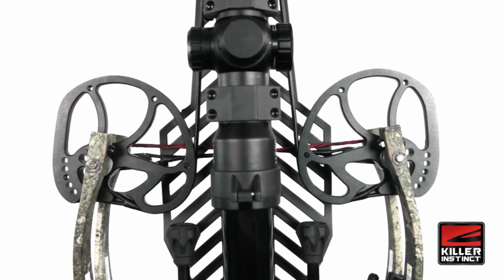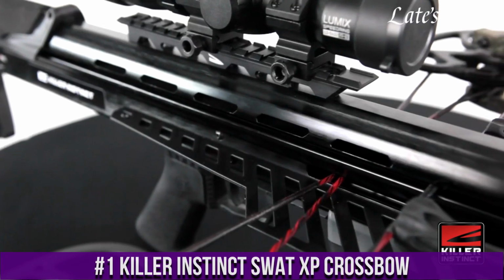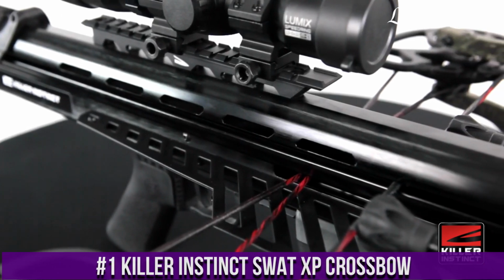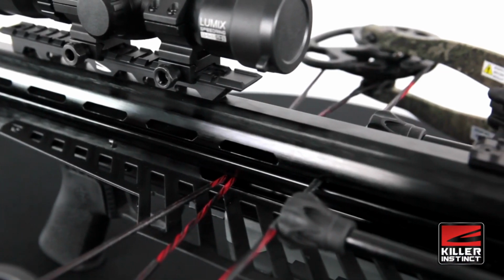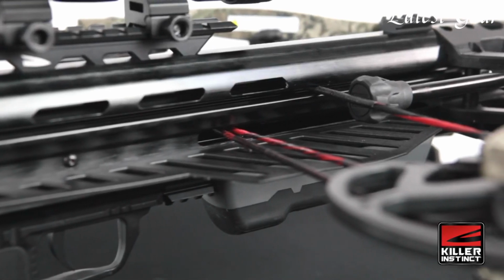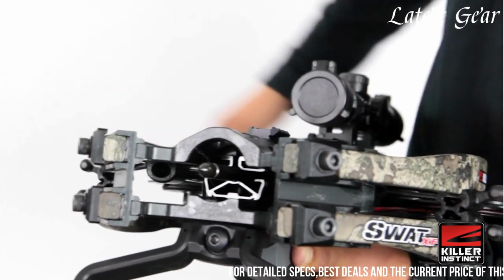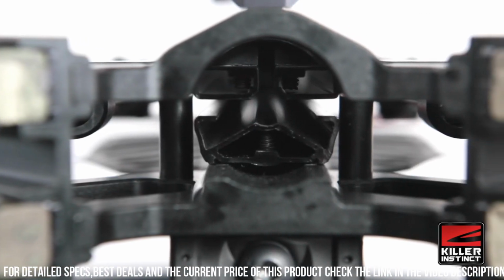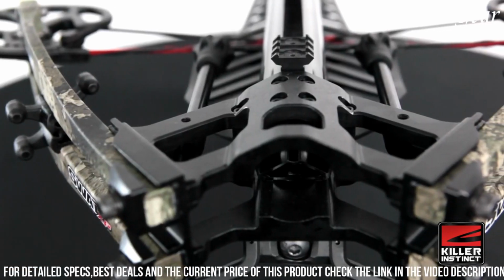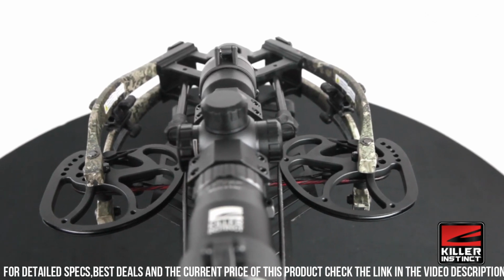successful hunt. Number 1. Killer Instinct SWAT XP Crossbow is a high-performance and feature-packed hunting crossbow that delivers power, accuracy, and versatility. With a blazing shooting speed of 415 feet per second (FPS), this crossbow offers exceptional downrange accuracy and devastating impact. The SWAT XP features a compact and lightweight design, making it maneuverable and easy to handle in various hunting situations. Equipped with a narrow frame and an adjustable buttstock, this crossbow ensures a comfortable and customized fit for